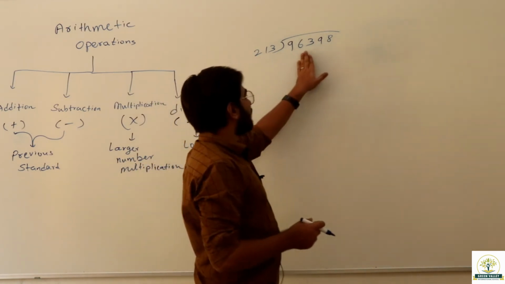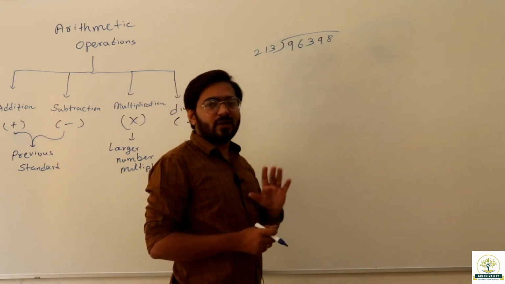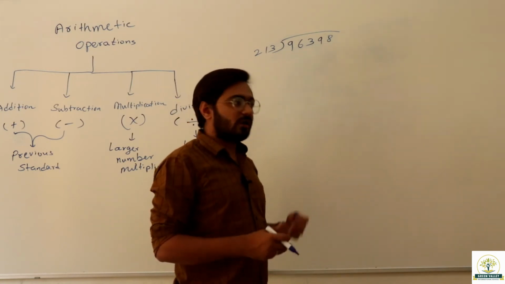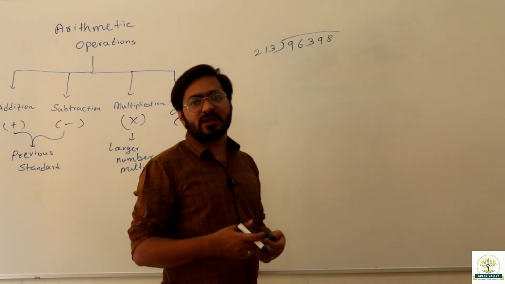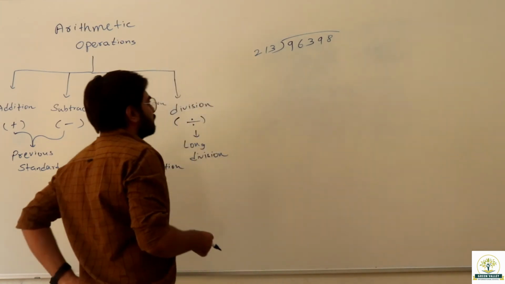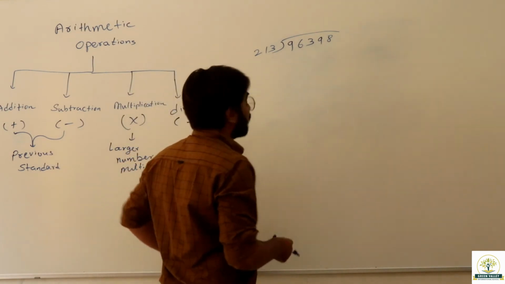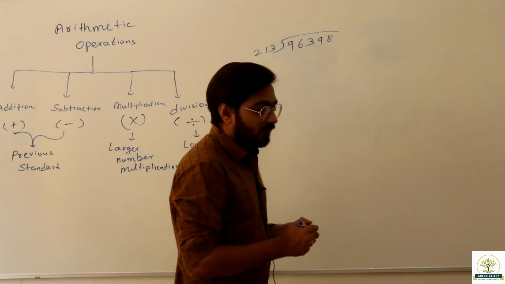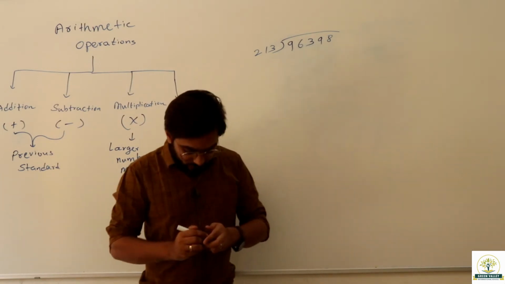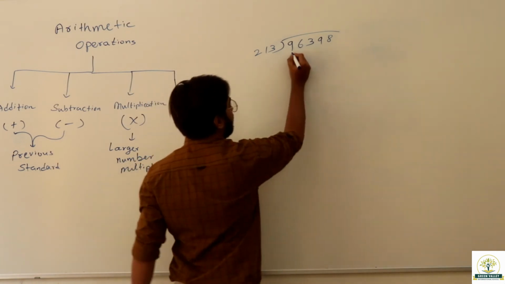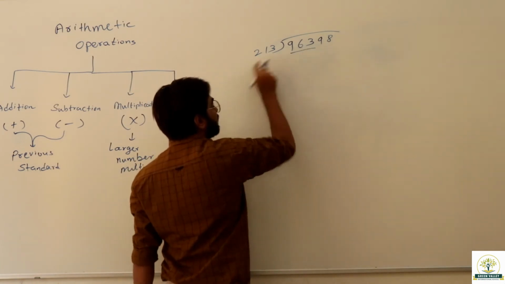And this is 96,398. It is almost close to 96,400, or if you round it out to nearest 10,000, it will be 96,000, correct? So sorry, nearest 1000, it will be 96,000. 213. Sir, which number should we multiply first? If I do 213, so first we will take these 3 digits, because this is a 3 digit number.